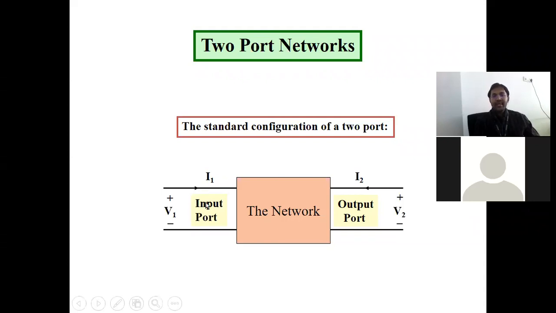Now here, a two-port network is simply one network. It has input and output, isn't it? For example, an amplifier has an input and it has an output. Can anybody tell me why it is called a two-port network? Very easy question. Girish, why is it a two-port network? How many ports does it have?